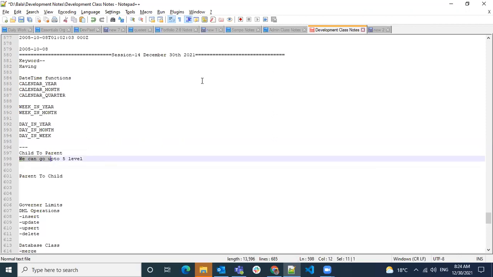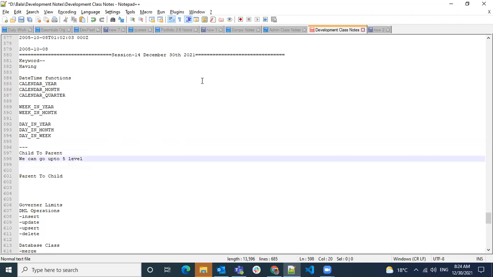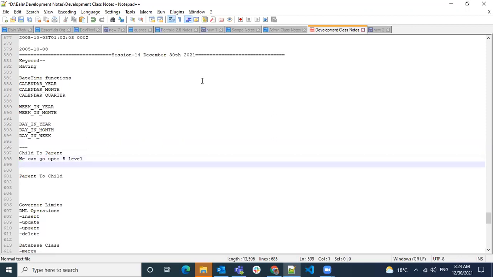We can go up to 5 levels, and it is for a single relation. So we can add more relations also. There is no limit.